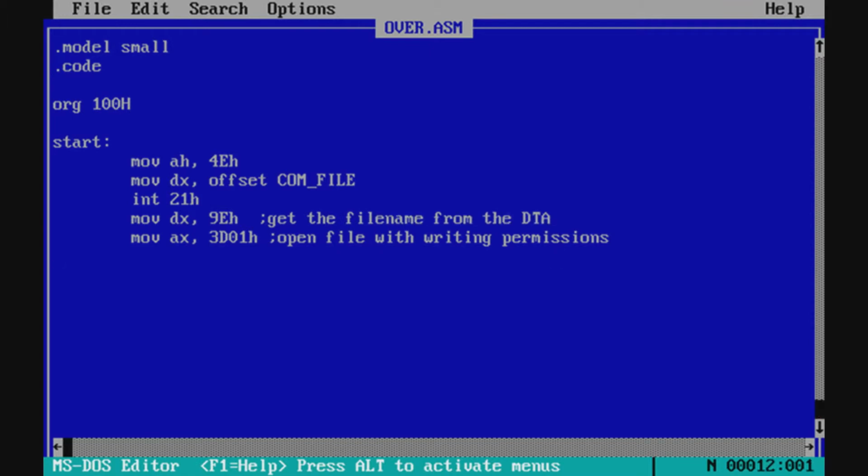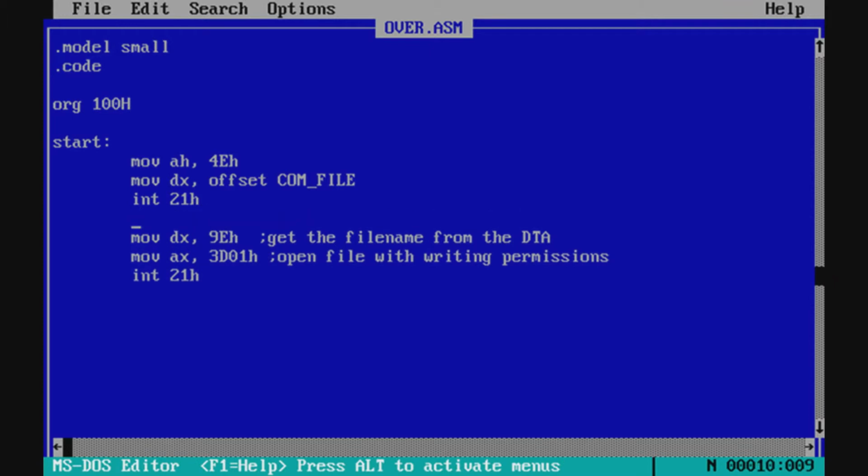So now we could do INT 21H, and actually, if we cannot find this file, say this directory does not have any files to infect, we're going to have to exit. If the function finds no file, it's going to set the carry flag, meaning the carry flag is going to equal 1, and it's going to exit to DOS. So INT 21H, and then now we have opened our file,